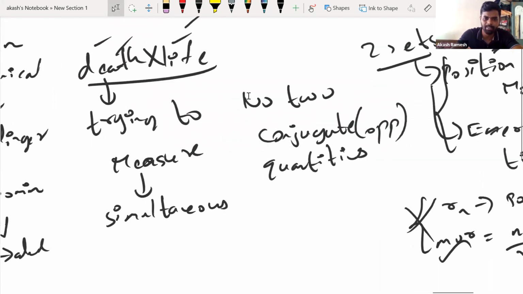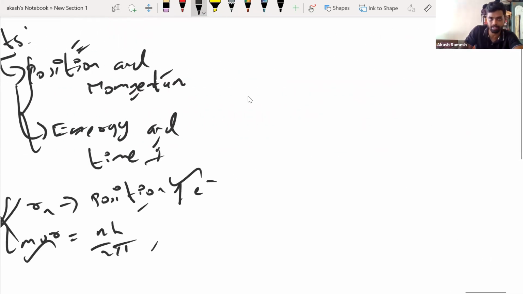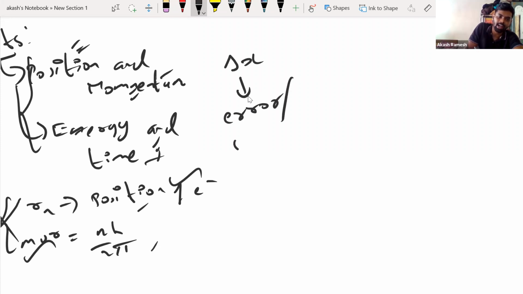Now he even gave an equation. He said that some minimum error will always be there. So he said if I multiply the error, or I can call it the uncertainty in position,